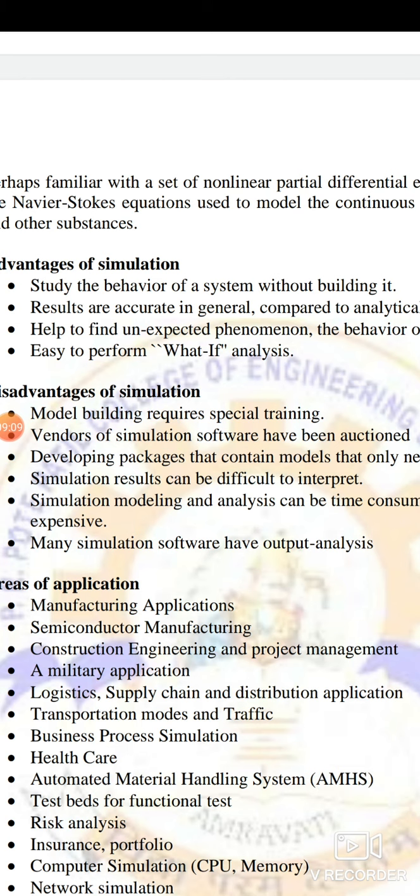Now we have already seen simulation. Suppose you want to study the pattern of an aircraft crash, or an aircraft at a particular height with particular values of pressure, temperature, etc. If that is risky, it will not be possible for you to study that particular system directly, because it is not always possible to study the system directly. So what do we do in that case? In that case, we can go for simulation.